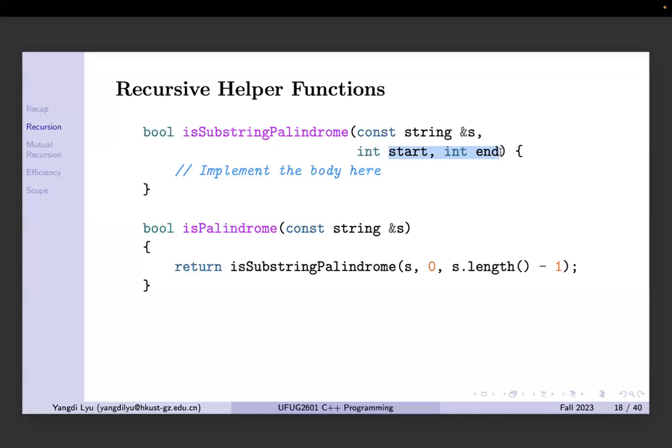In this way, you don't need to copy the string every time. You're just making the range smaller and smaller. But you need to specify when to stop. When the start and end meet, or when only one character is left in the middle, it returns true. So this is a helper function. As you can see, we get rid of copying the strings, and we are also making sure